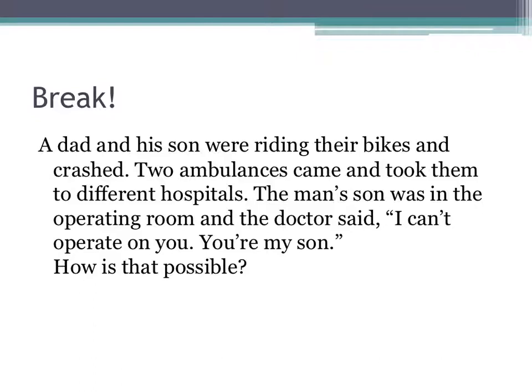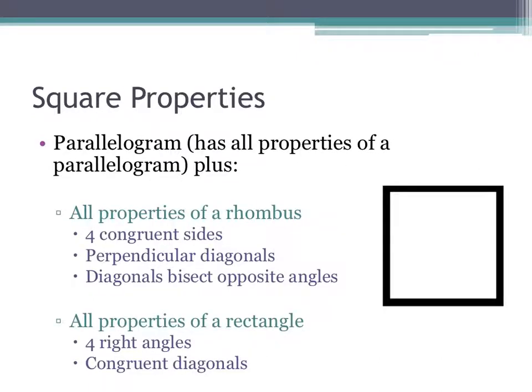Okay, so far we've talked about rhombuses, we've talked about rectangles, so squares are what we have left. A square is a parallelogram. It's also a rhombus and a rectangle. So a square has all the properties of a parallelogram, all the properties of a rhombus, and all the properties